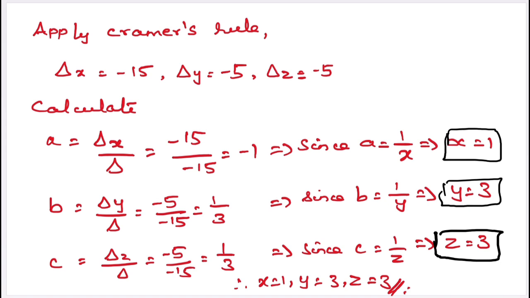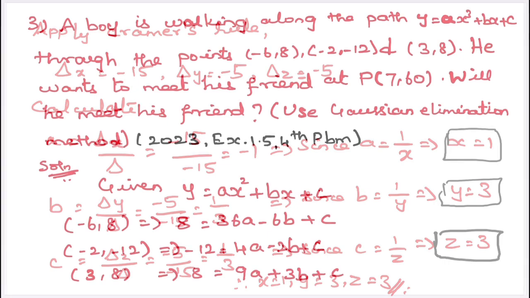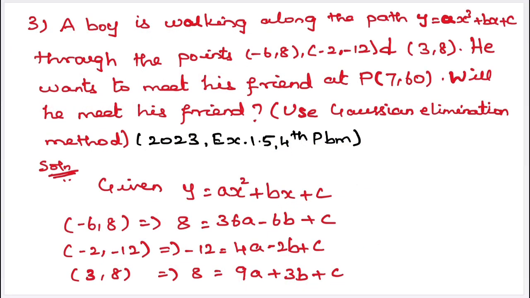Similarly, c is equal to delta z by delta is equal to minus 5 by minus 15 is equal to 1 by 3. Since c is equal to 1 by z, we have z is equal to 3. So therefore, x is equal to 1, y is equal to 3 and z is equal to 3 is the solution of this problem. Next question, a boy is walking along the path y is equal to ax cube plus